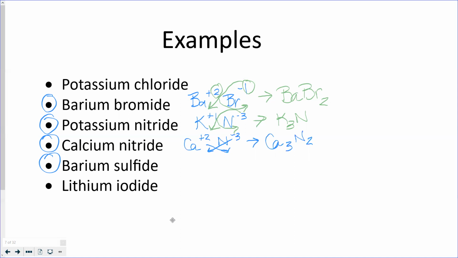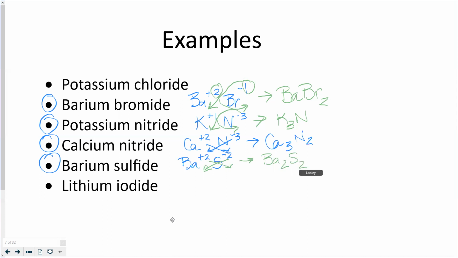Let's look at this last one, barium sulfide. Barium we did up above, it's Ba, and it's in the second column, so it has a +2 charge. Sulfide comes from sulfur, which is S, and it is in group 6A. It has a -2 charge. So when we crisscross, we end up with